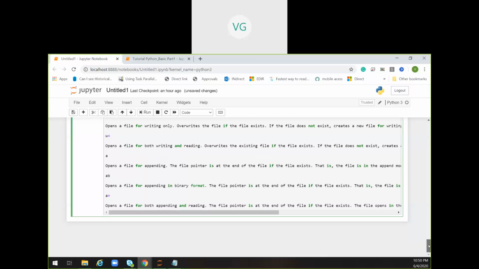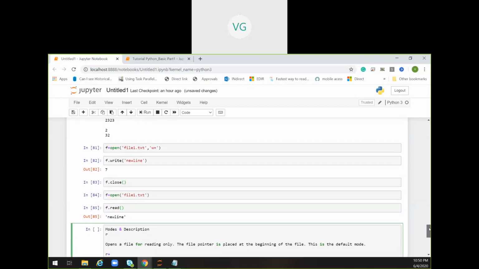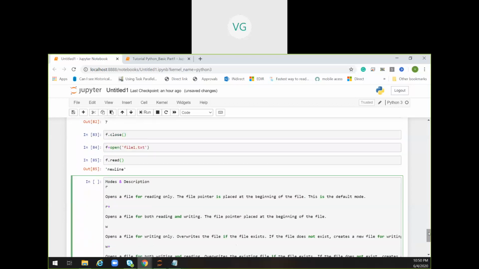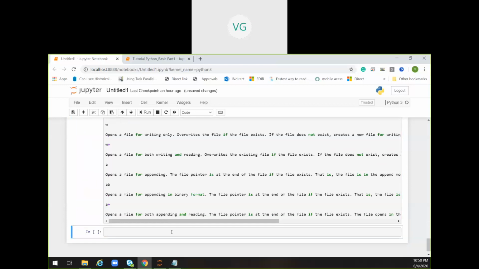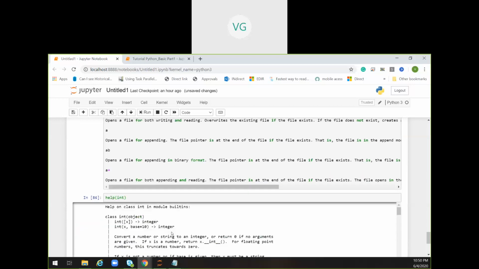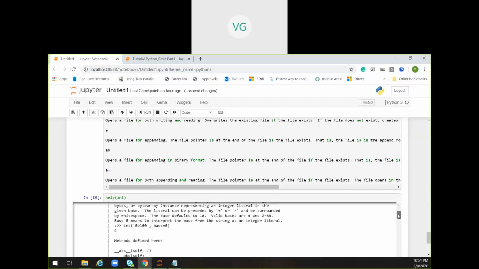We have one function in Python. Let me show you. There is one function, help of. Let me execute that. Suppose help. Okay, this is the function name. If you see, I am asking help on integer. Okay, it's giving some details. What is integer? How to use the integer? Okay,